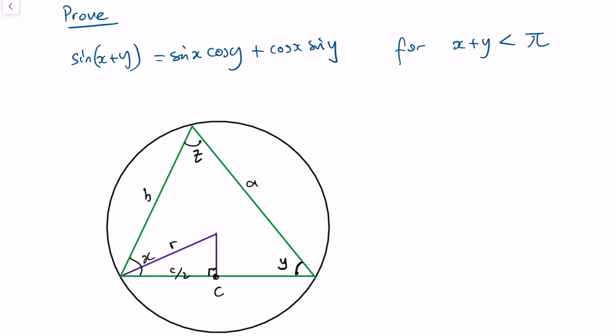In this video we're going to prove sin(x+y) = sin x cos y + cos x sin y for x+y less than pi. Now in this diagram we have a circle and this is the center of the circle, O. And the radius of the circle is r, and we have a triangle and another right angle triangle inside that